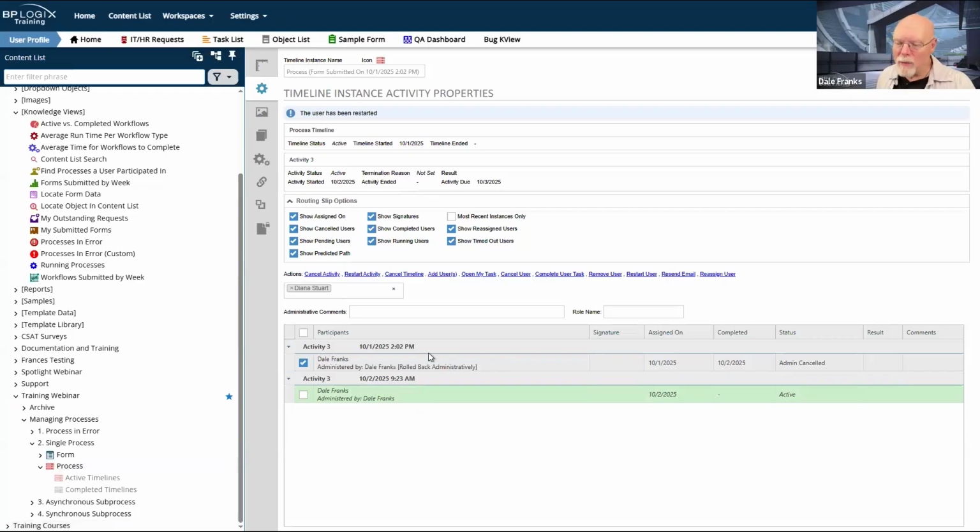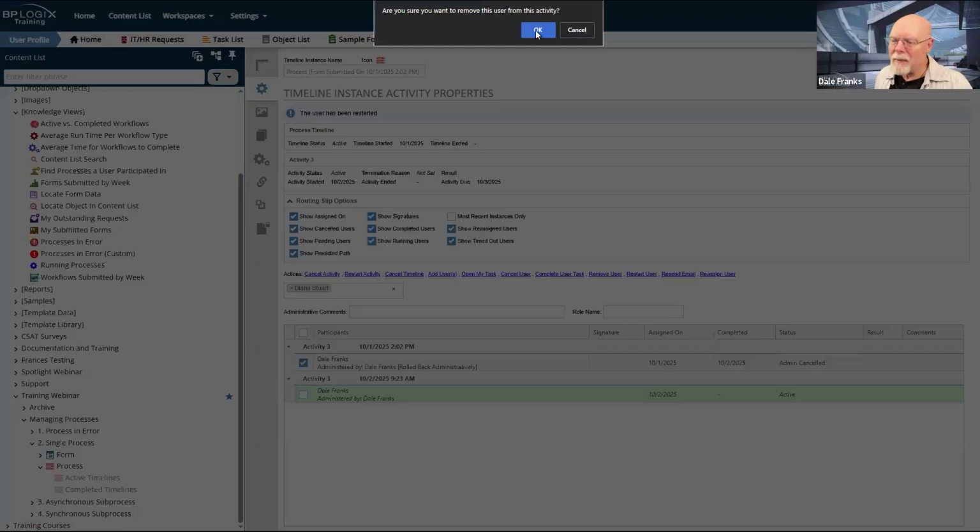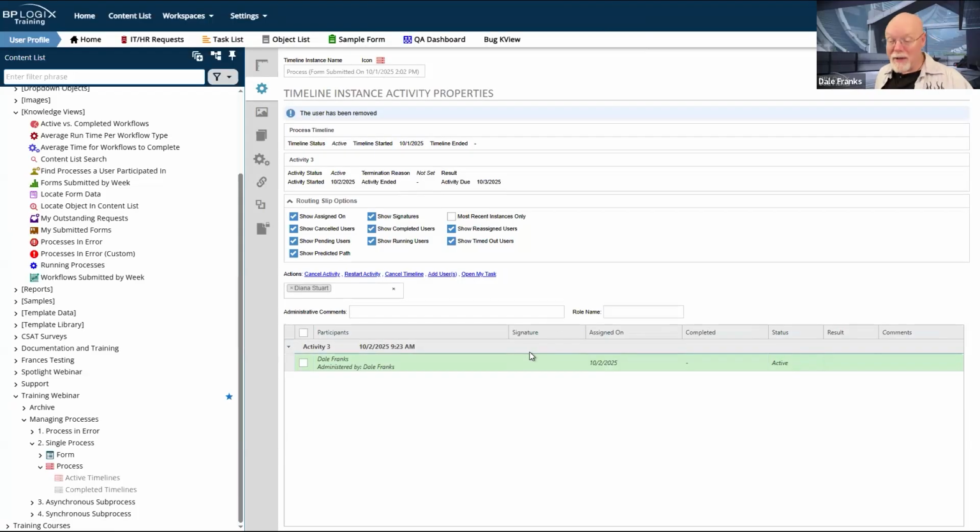I would want to go back and remove this user. I think, it does. Okay, fine. We took a gamble there because I wasn't entirely sure what was going to happen, because usually you're not the user who's the assigned user in the activity, right? You're administering it. You're not doing all this stuff. And so it doesn't really matter.